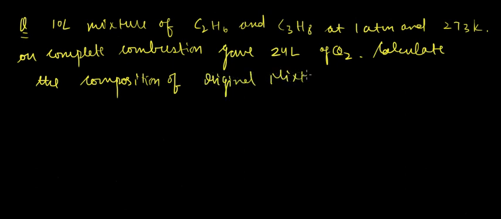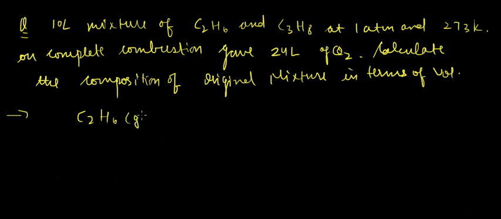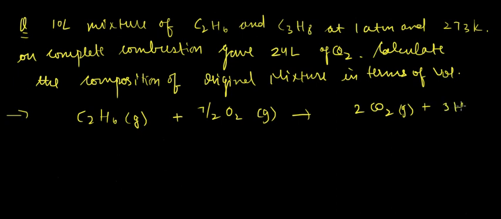Original mixture in terms of volume. Okay, so we have C2H6 gas reacting with 7/2 moles of O2 gas and converting itself into 2 moles of CO2 gas plus 3 H2O liquid. Okay, so we have this as, let's say, V volume, then 7/2 V volume will be required in order to produce 2V